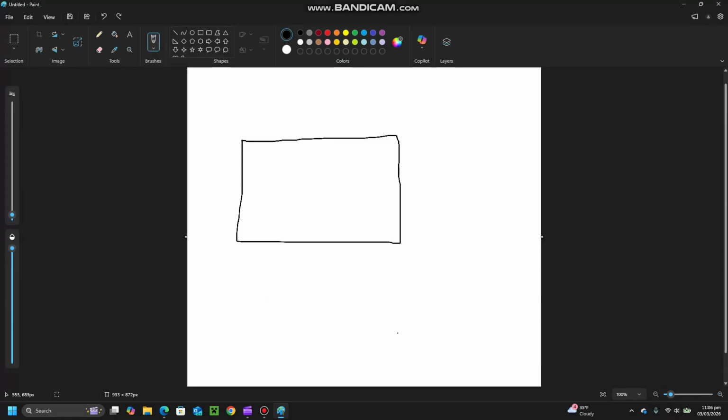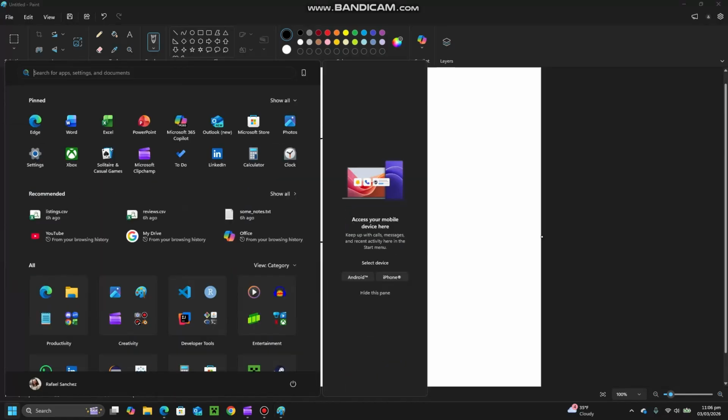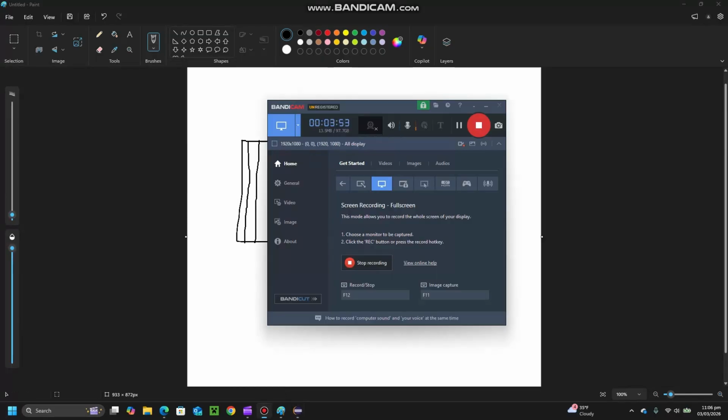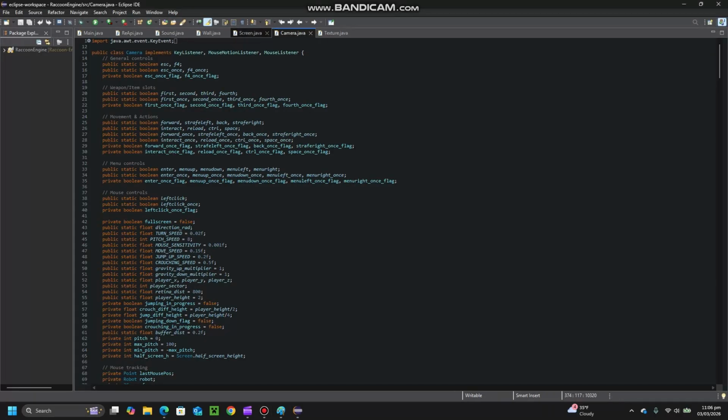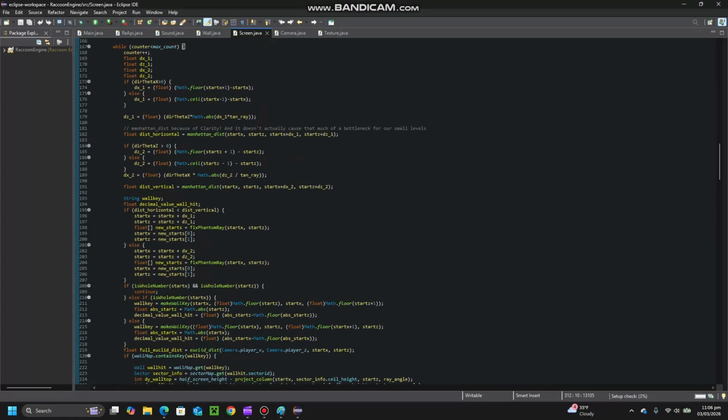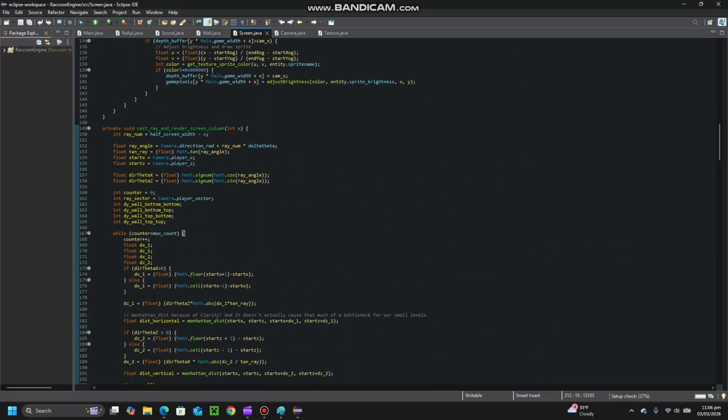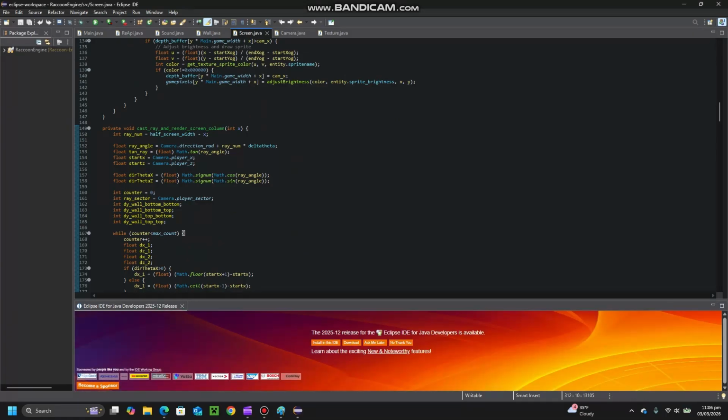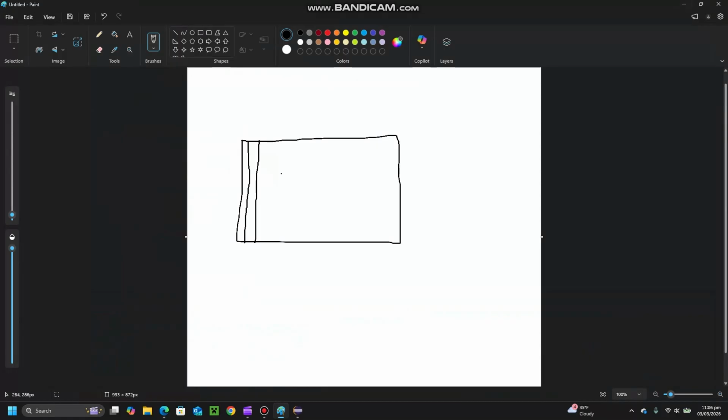So what I'm trying to say is that in this particular rendering, I'm basically walking through each column of my screen, and that's it. That's the thing I'm doing. So if I go to the screen here, you can see right here, cast ray and render screen column. And X is the column on that screen. So you would pass in screen column 0, column 1, column 2. And the width of the screen is 640 pixels,